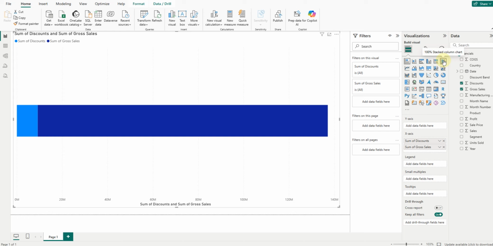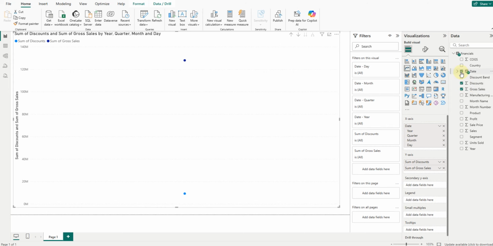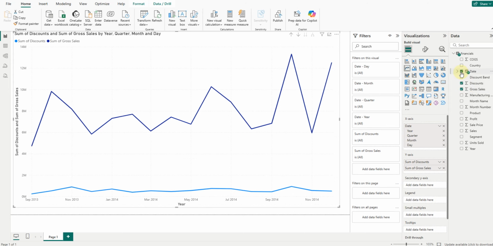We also have another chart, the line chart. Now, you can see it looks like this. So what's wrong with this line chart? Well, we first need to add an axis on the x-axis, which is right across this bottom here. So if we go over and we click date, we'll get that axis, thus populating that line chart and creating